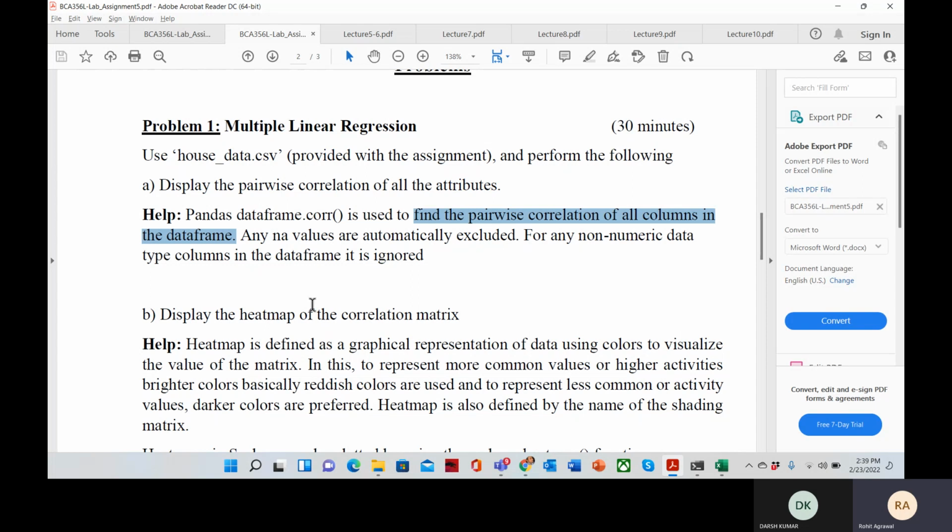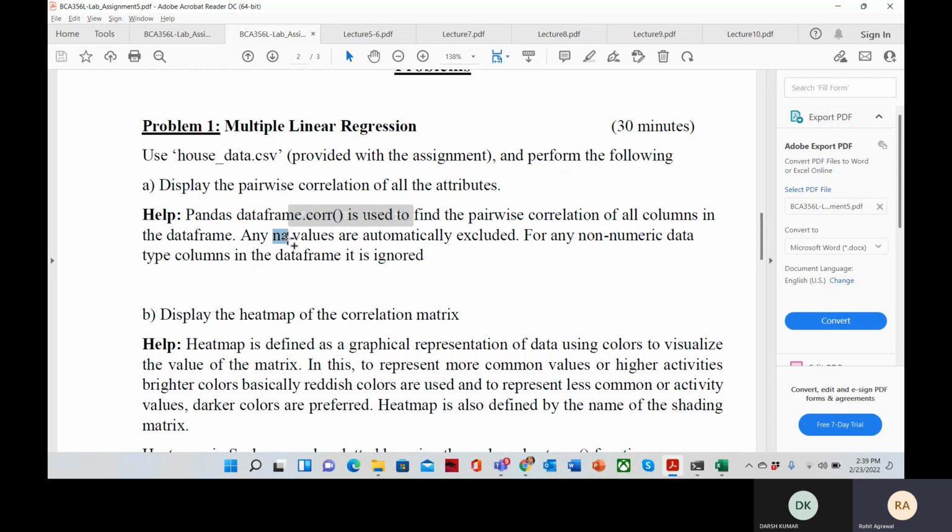Now in the pandas data frame, we will use the data frame name, after that .corr. It will find the pairwise correlation of all the columns. We are having 13 columns, so we will have a 13 by 13 matrix. And any NA values, not applicable,